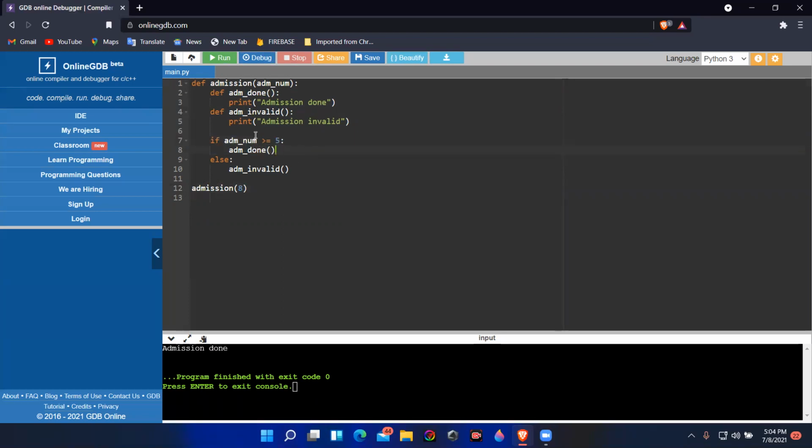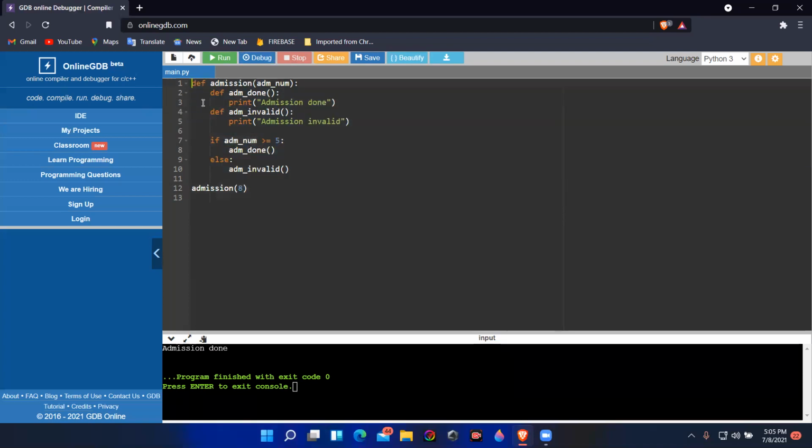It will check if it is greater than or equal to 5. If that happens, it will call this admission done function, and else it will call this. So when this happens, it will see that the compiler has already run across this. It will come up here and do this part, and that will be it. Correct. So as you have passed 8 here, it will copy to this add number. Correct. The compiler will read the function admission done, admission valid that you have written, but they wait for the calling of the function. They wait for calling here.